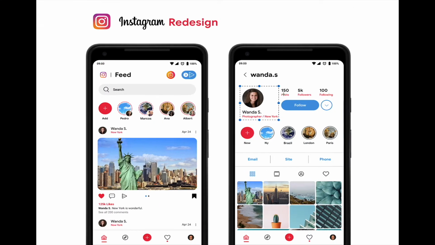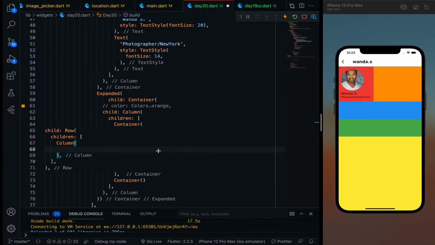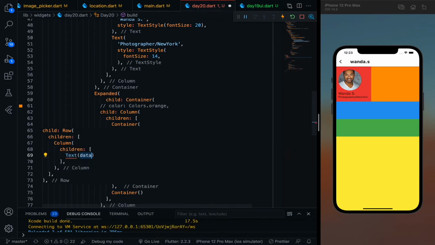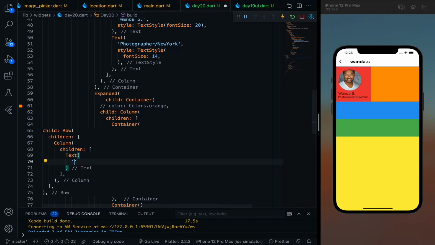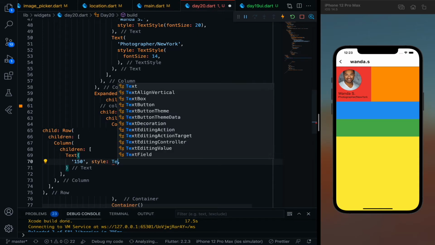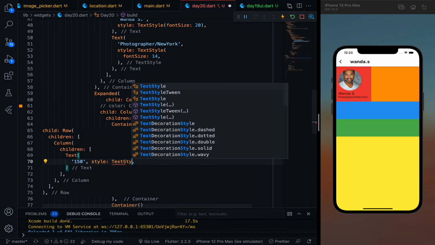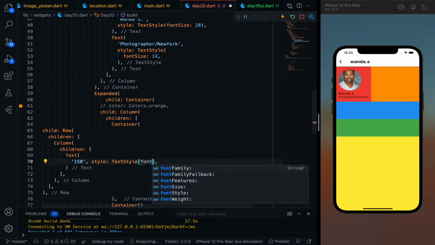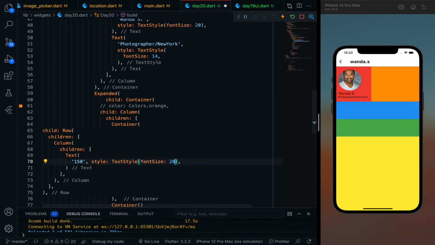So this column is having two text. So let's put the first text children, then text, and the first text is nothing but 150. Let's keep the style as text style, text style of font size as 20,